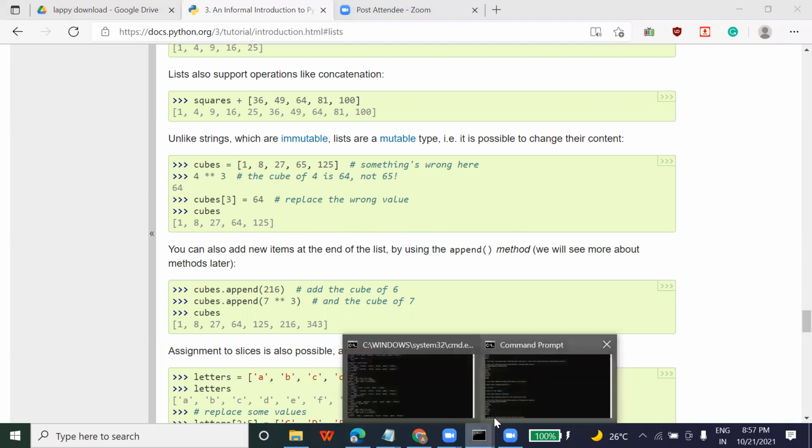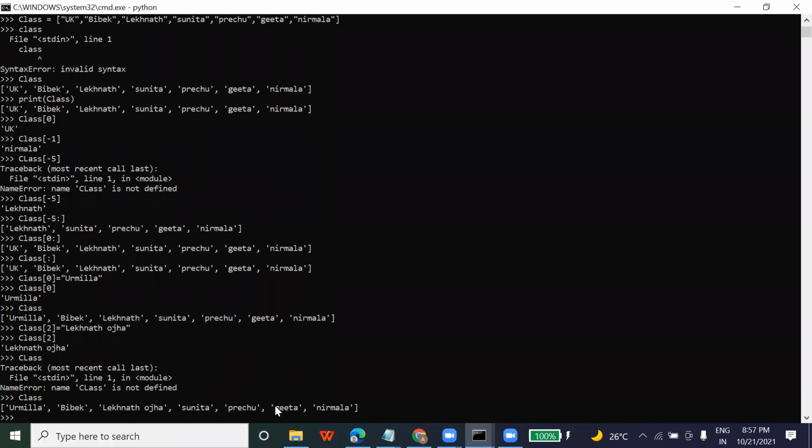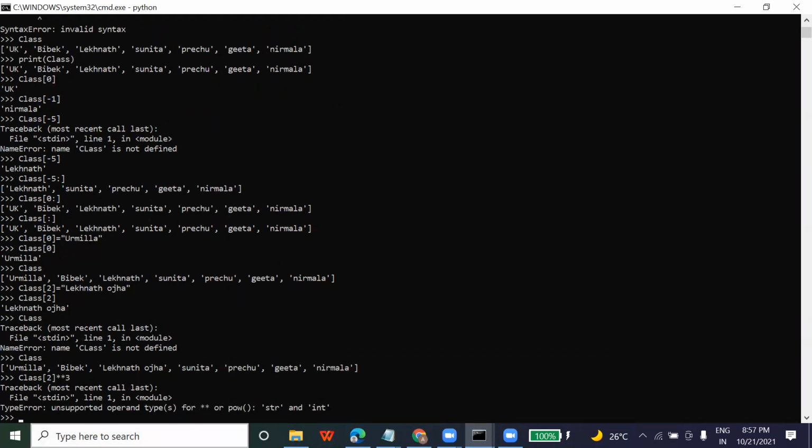Now we try one more thing here. Okay, here you can see it's giving an error. Why is it giving an error? Can you tell me? Yesterday I explained this. Anyone remember? Power. Yeah, good. So does power work with string data?